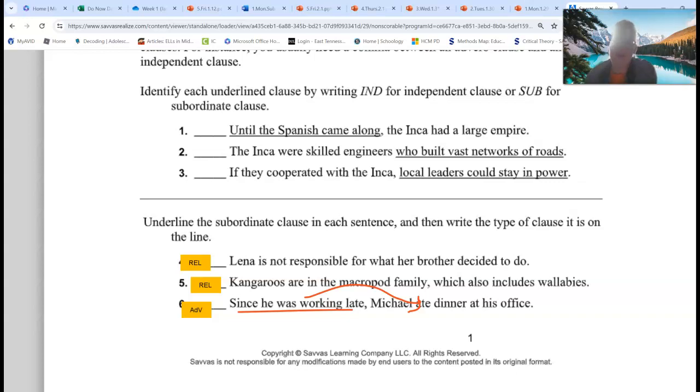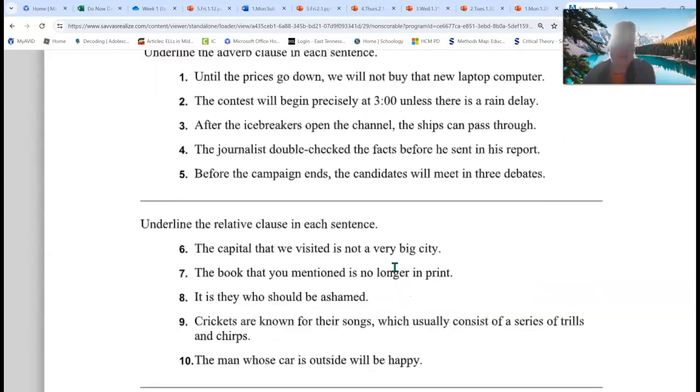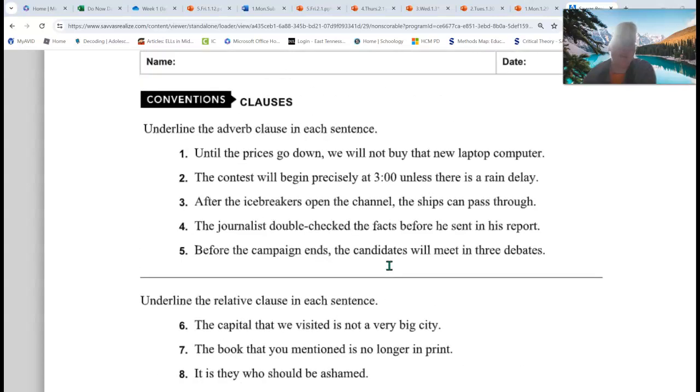Okay, so again, this takes practice. It takes some inference. On the back, you're going to underline the